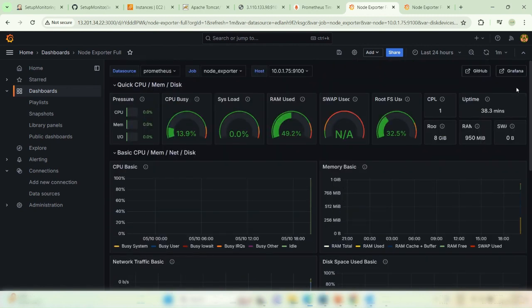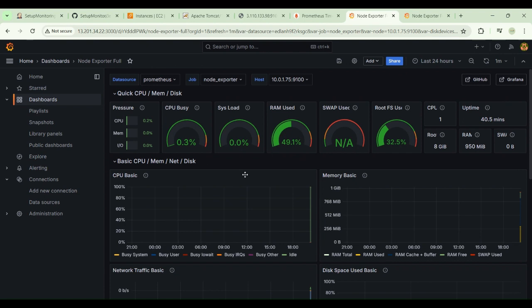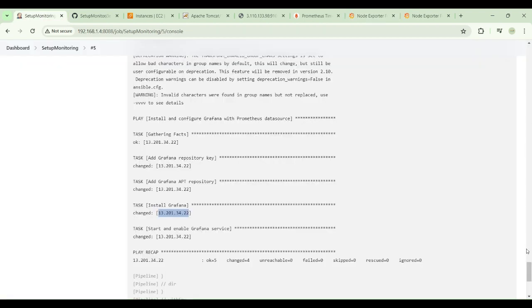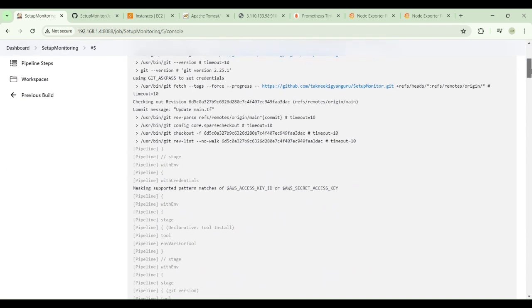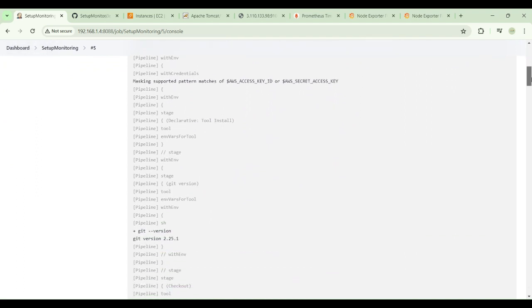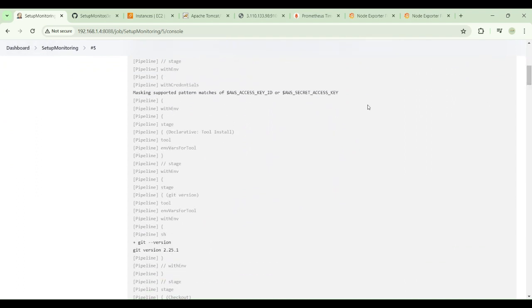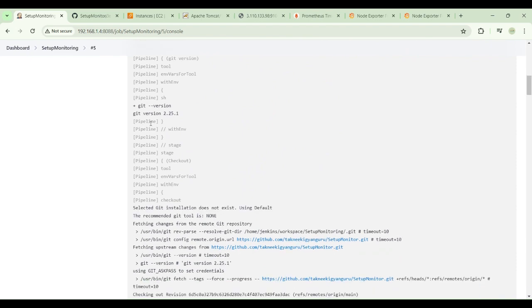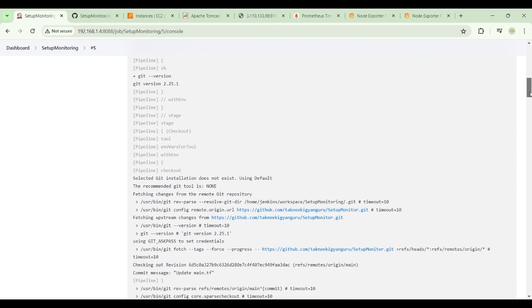So this dashboard will be very useful when we are monitoring our Tomcat server. Now go to the Jenkins and we'll understand these logs, right? So what is this log doing? If you can see, first of all, it is masking the secret key and key. It is giving the version, and then